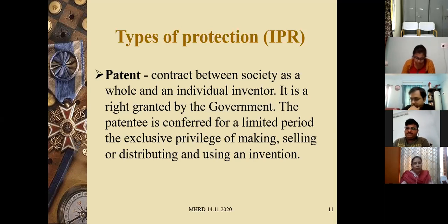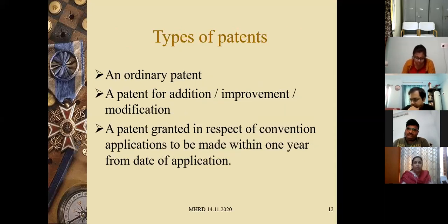So whatever income is generated from that has to be shared between the team of people who are involved. If there is only one person, then there is no question of sharing with others. But the company to which he belongs, whether it is a university or an R&D institute or any other office, so it has to be shared between the inventor and the company to which the inventor belongs.